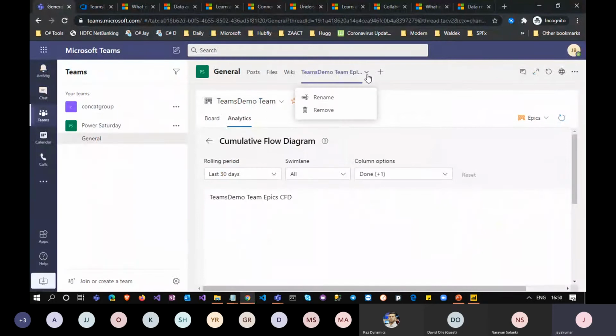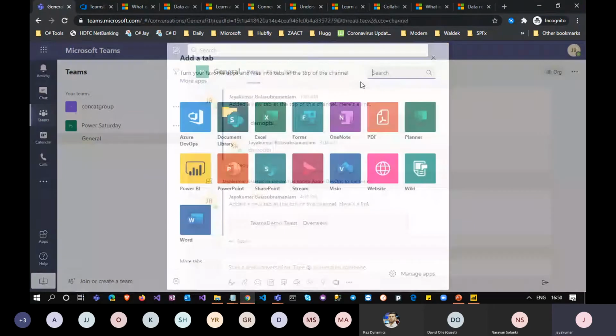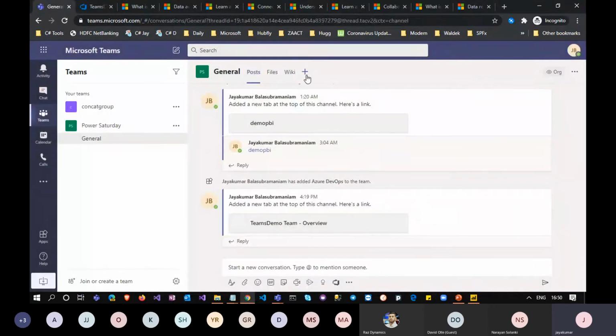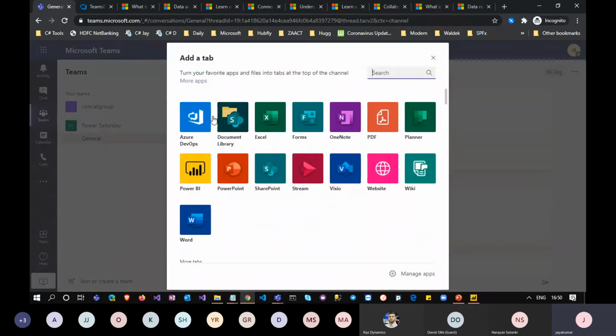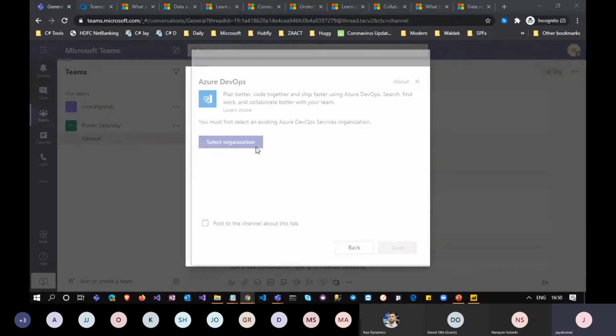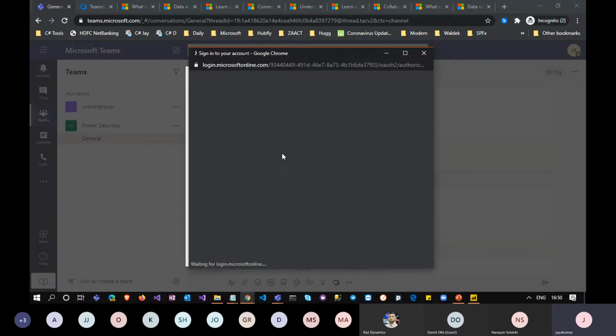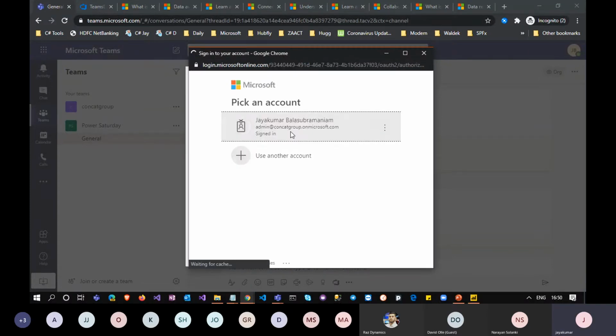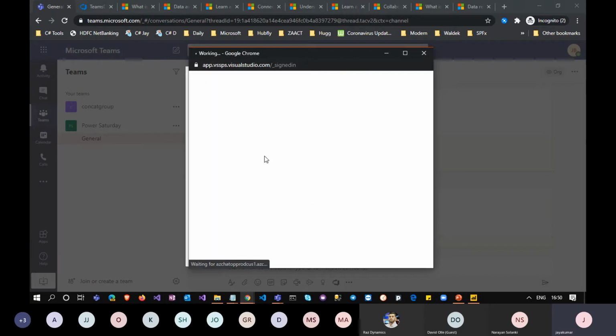For example, I'm just going to remove this one. We already have a DevOps connector. This is a team, and when you come into your team, this is what I talked about: you at least need permission to add the tab. We already have a DevOps connector, but it is also limited. Now let's see what options are available in the default DevOps connector, and then we'll see why we need Power BI. For example, I'm going to select the organization, since one user can belong to different organizations. I'm going to connect with my organization.